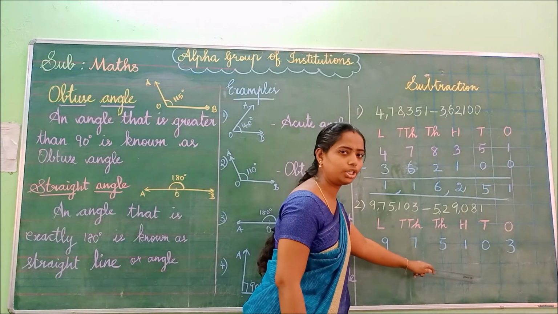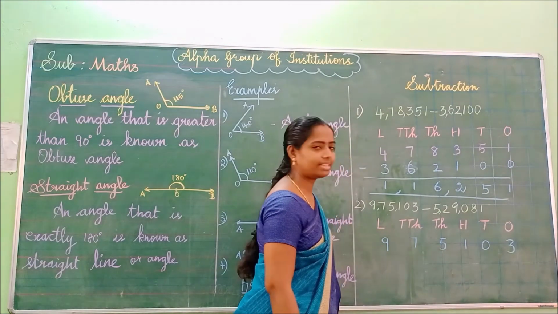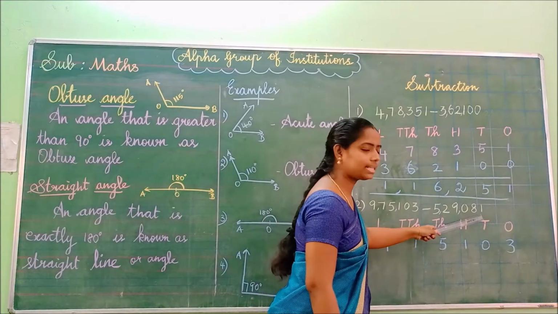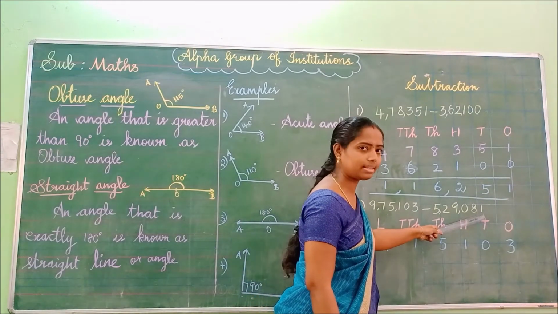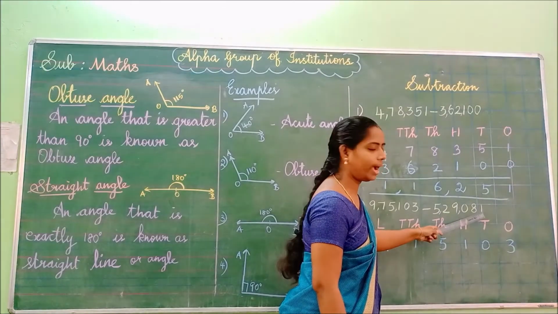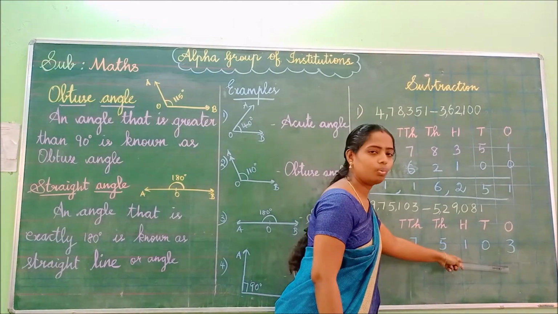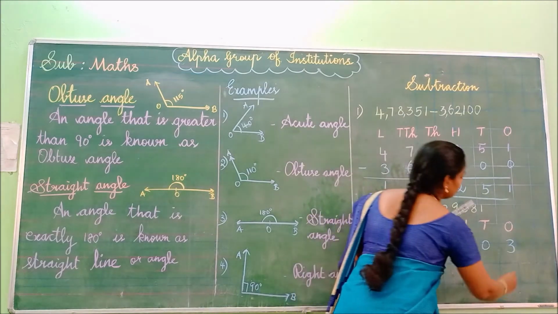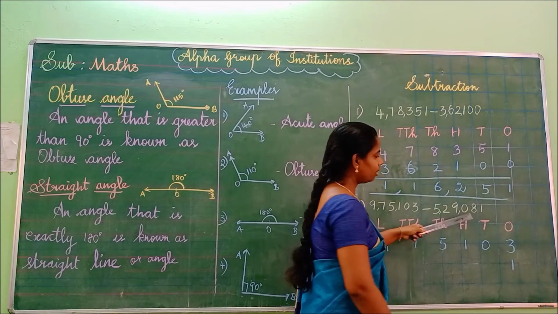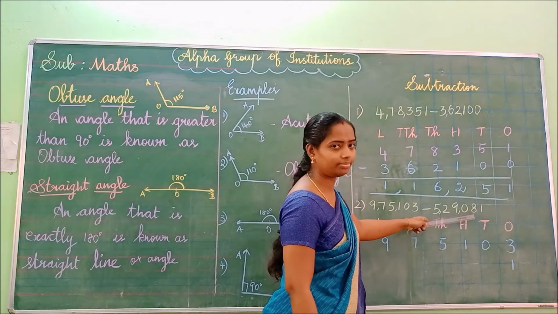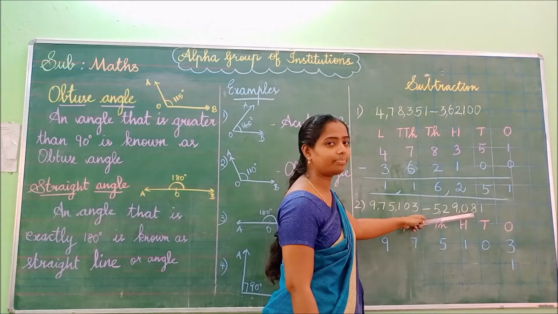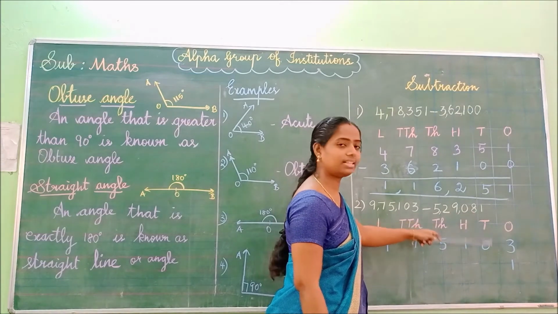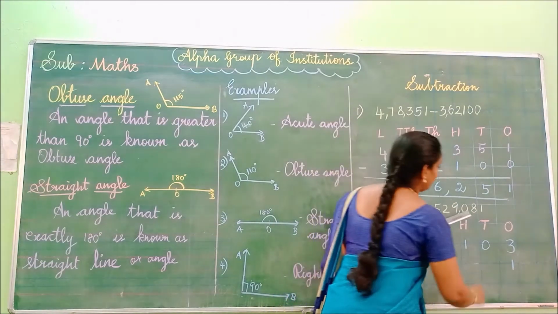Okay, children, are you clear about this? Shall we place this number according to the place value? Okay, shall we start with that? See, what is the last number given? 1. Okay, we have to start only with the last digit, isn't it? 1 is placed in the ones. And then what is it, children? Yes, very good. 8. 8 is placed in which place, children? Yes, 8 is placed in the tens place.